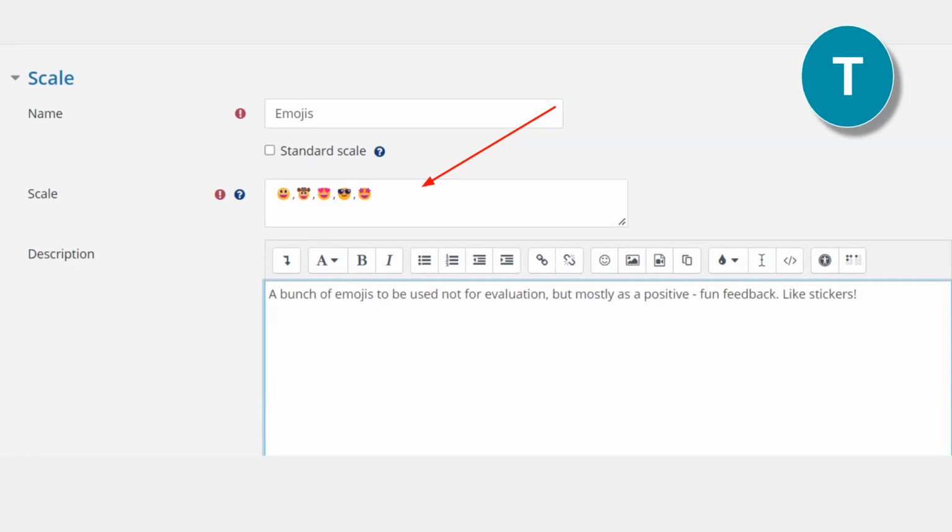In our case, of course, the order of the icons doesn't really have a value, but normally in typical other scales, you should always start from negative to positive in order for grades to be correctly calculated. If you have admin rights in your site, you will be able to set the scale as a standard scale that will be used site-wide. If you have teacher rights, you will be able to create the scale and use it in your course.